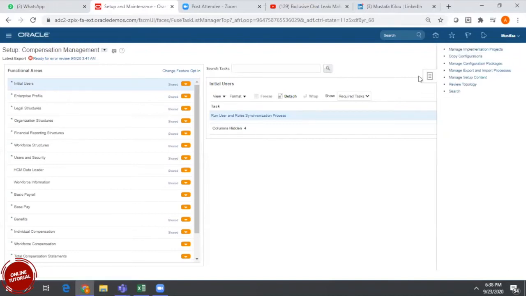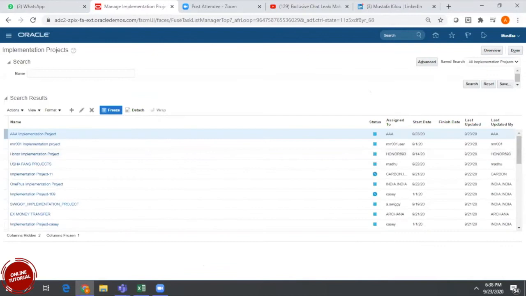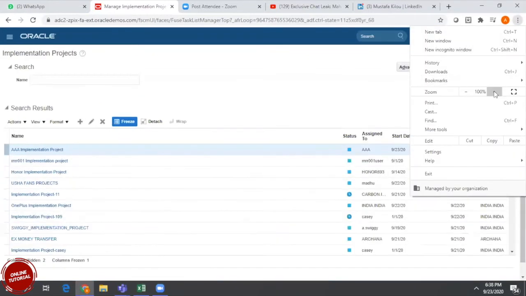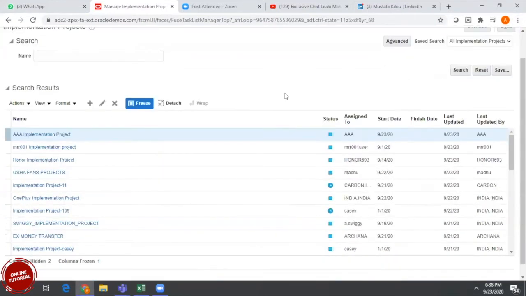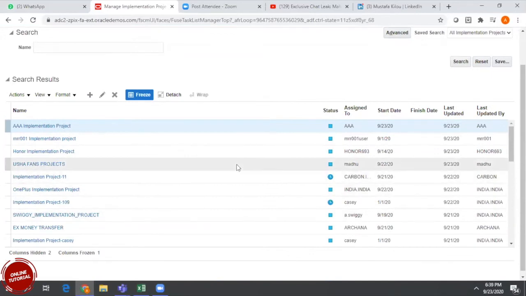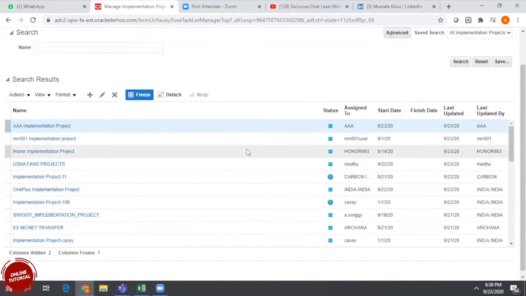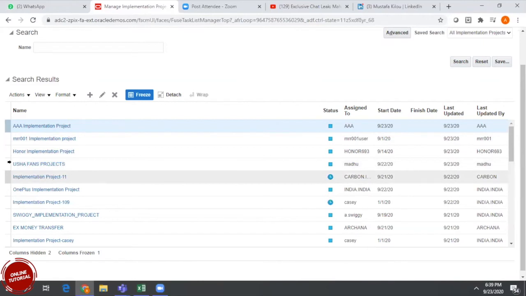So once I land on this page, I need to go to manage implementation project. I can extend up to 100. There are different projects available, because this is a practice environment, that's the reason we can see many projects.